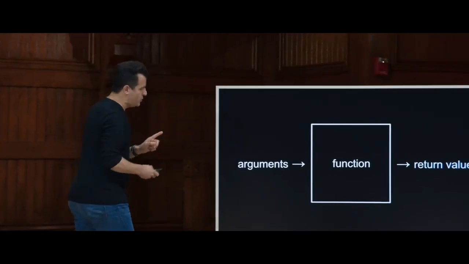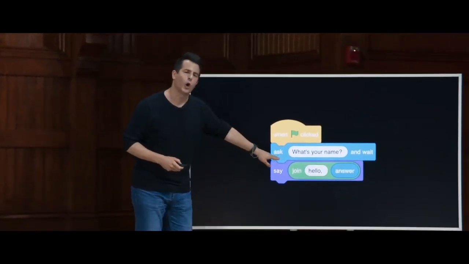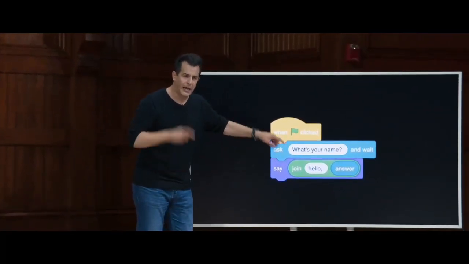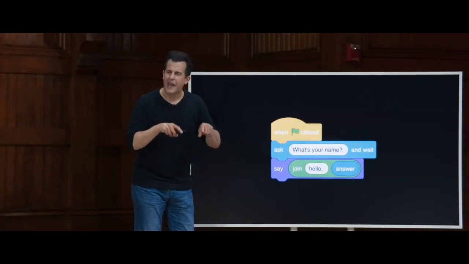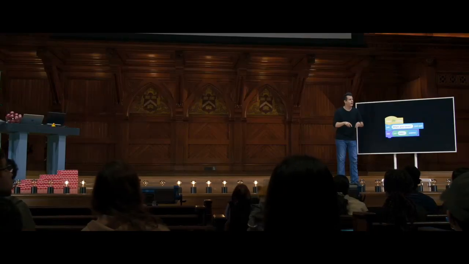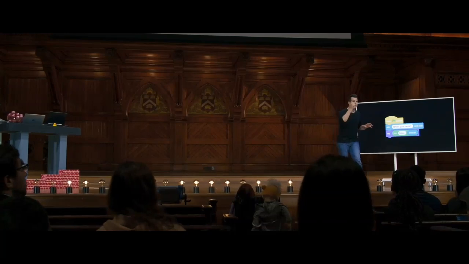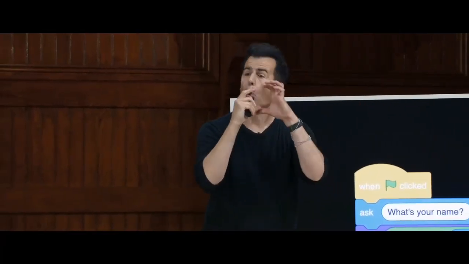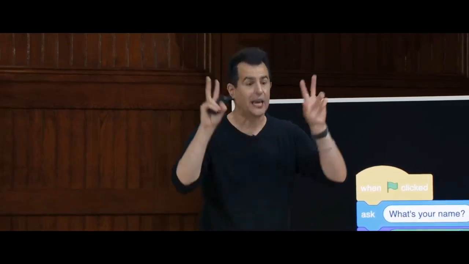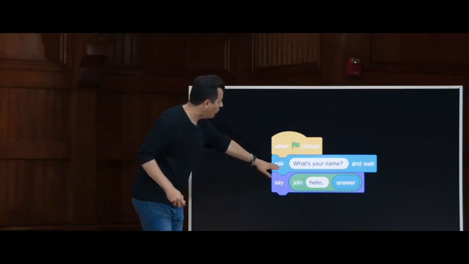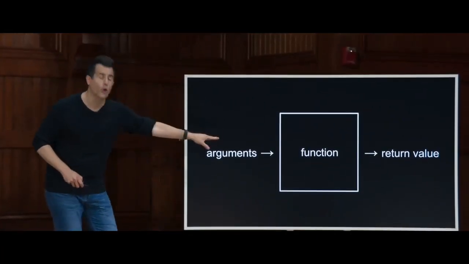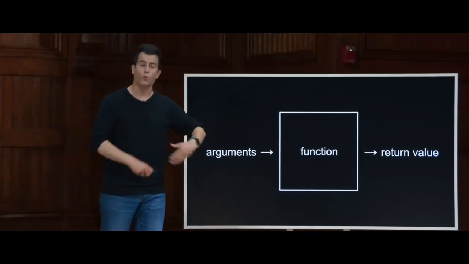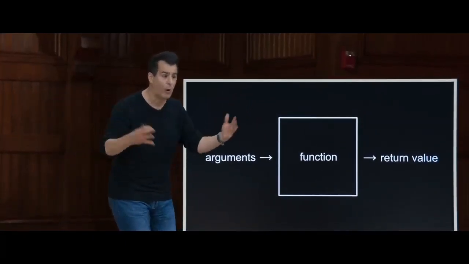So a return value is germane for a program like this because recall, when we used the ask block and I typed in my name, where did my name end up initially? It didn't go on the screen yet. Where did it end up? In an answer puzzle piece. And that special oval puzzle piece I claimed at the time represents a return value. So the sort of metaphorical piece of paper that the answer is written down on so that I can then use it later. So that's what we want to get to now in C, a return value that I can then do anything I want,